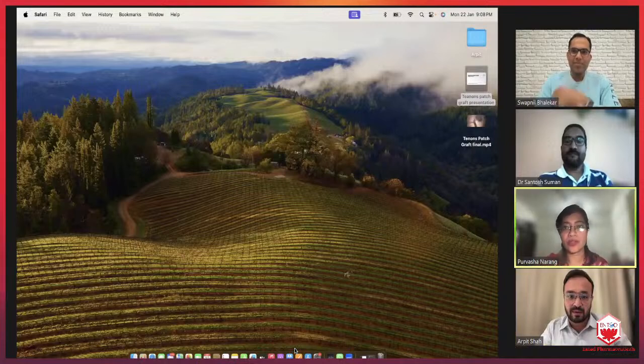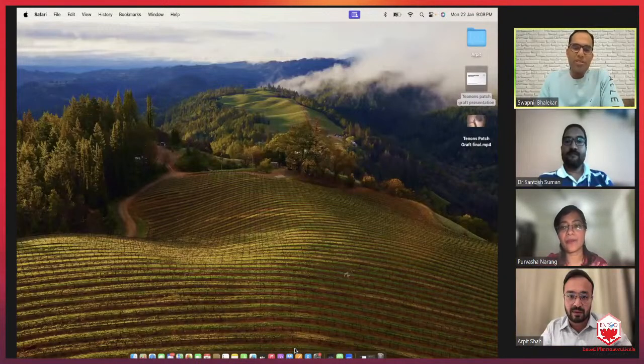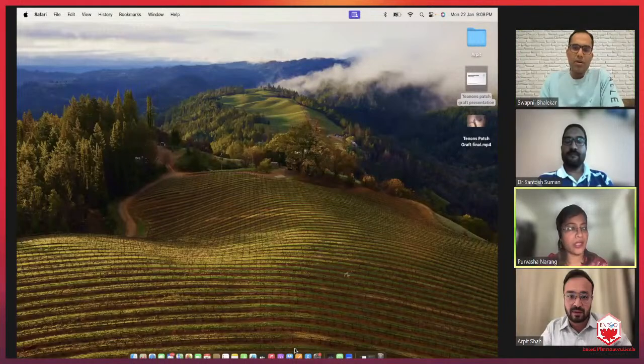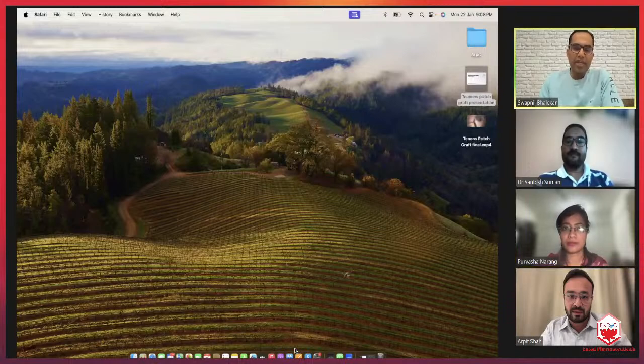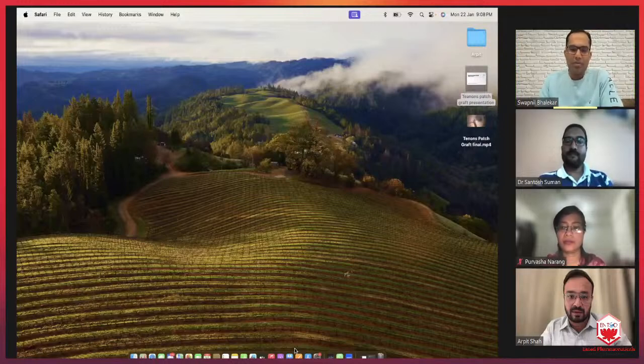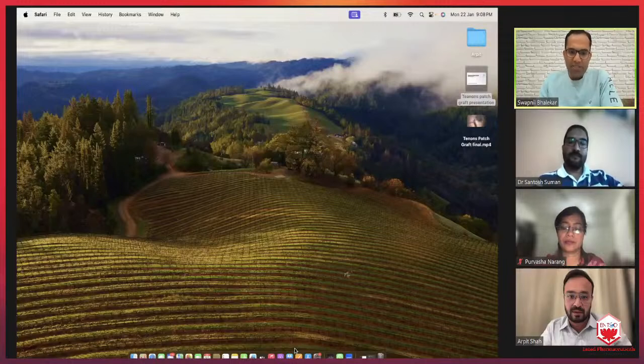Swapnil, we go with Santosh's presentation next. Yeah, I'm not able to share the screen till he stops sharing. Or we continue with the perforations and cyanoacrylate glue. Yeah, no. The problem is I'm not able to share the screen till the time he stops sharing the screen. There is a leave option. You can leave the presentation and join back. The tech person is there.